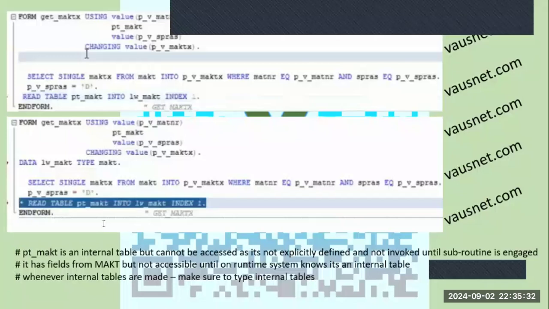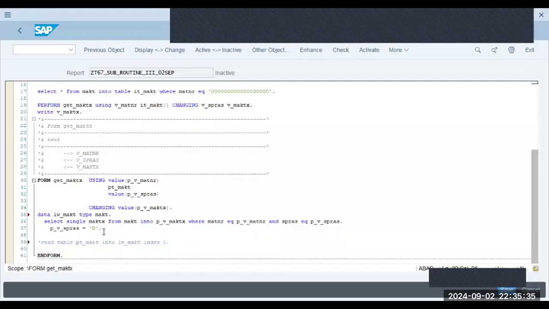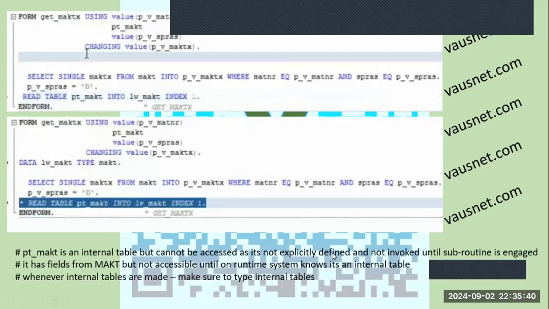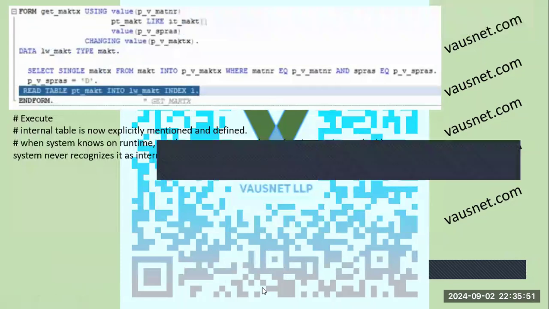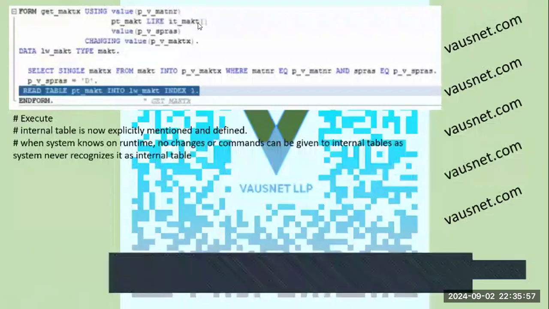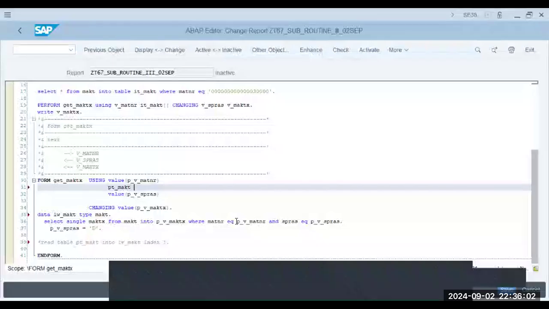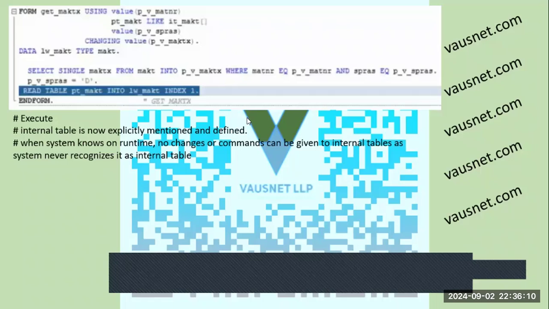So what we'll do, we'll just deselect it. PD underscore is internal but cannot be accessed. It's not explicitly defined. So what we'll do, we'll define PD max like IT max. Then we can read the table